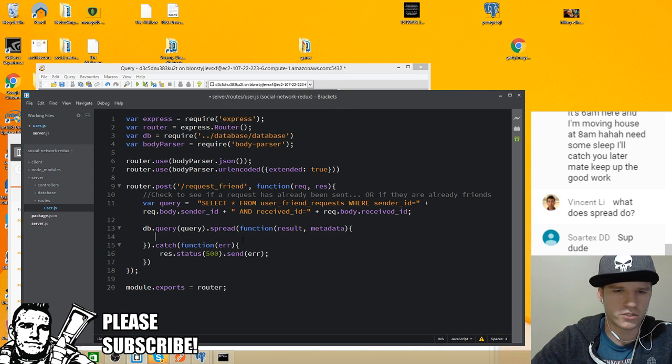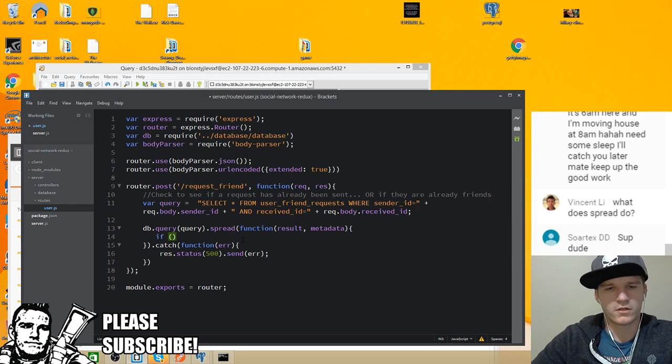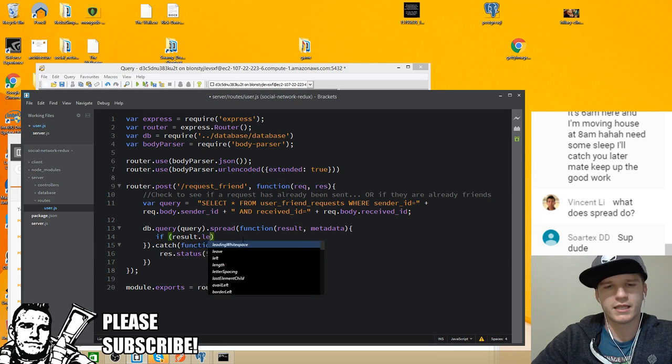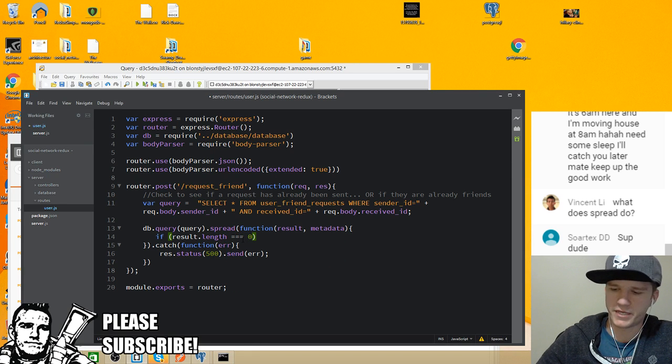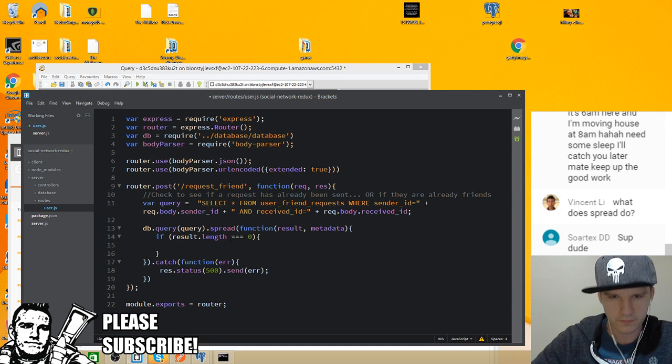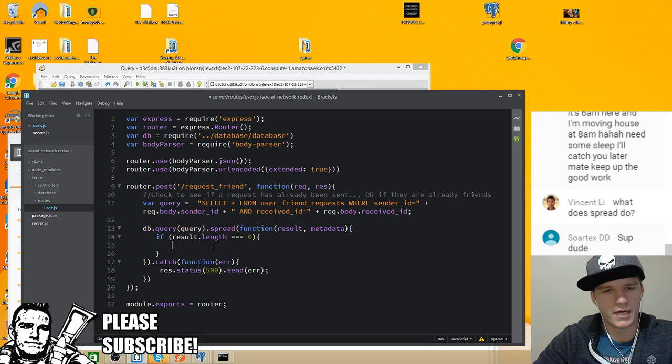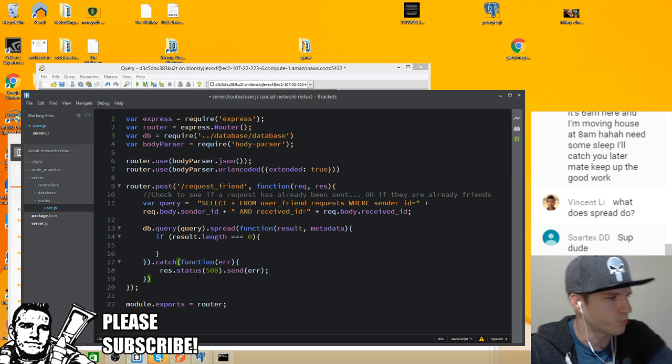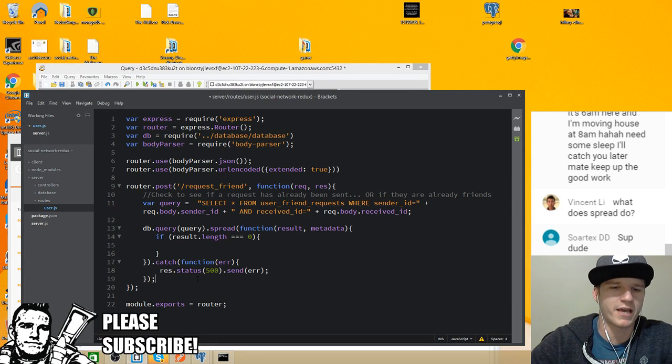an additional function, right? So what I'm going to do here is say if results.length equals 0, which means it doesn't exist. No one's made a request yet. Then what I'm going to do from there is run another function. So what we don't want to do, guys, is get caught in what's called callback hell. So we're going to create another function